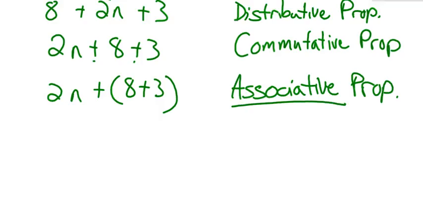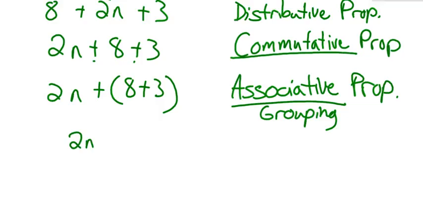The key word here: commutative is all about arranging it. This is about the grouping. Associative property is all about grouping. And then finally, I come away with this idea. My final step is going to be this. And my justification is,